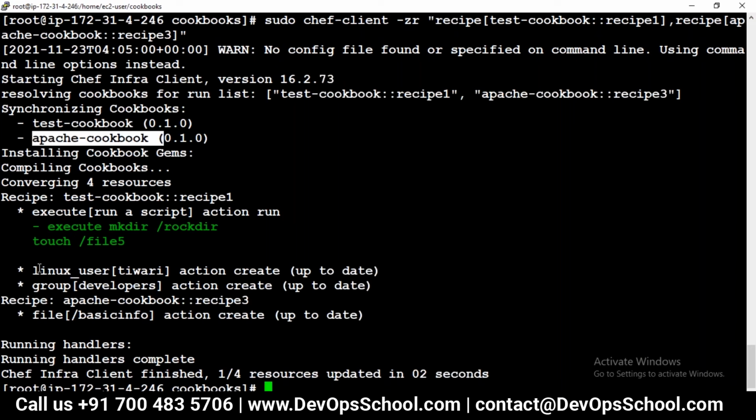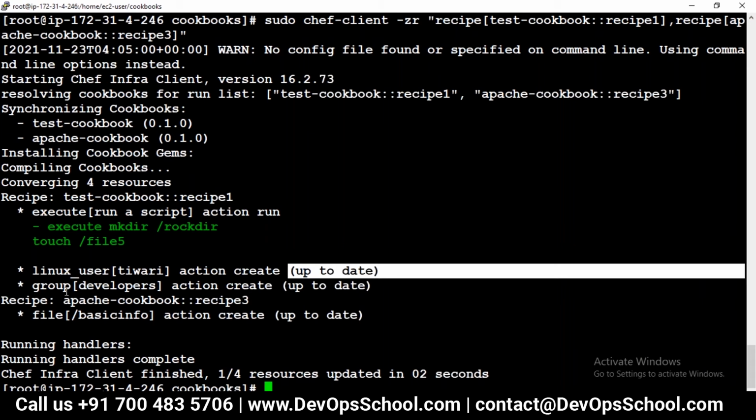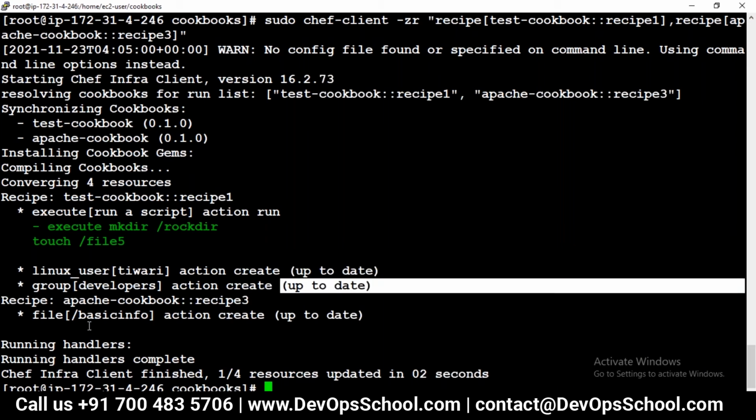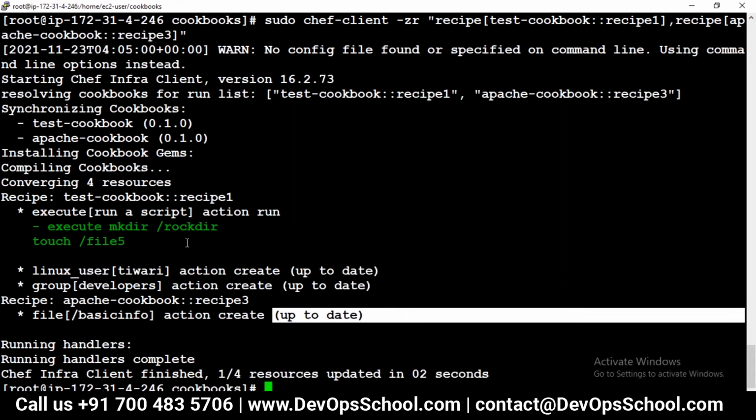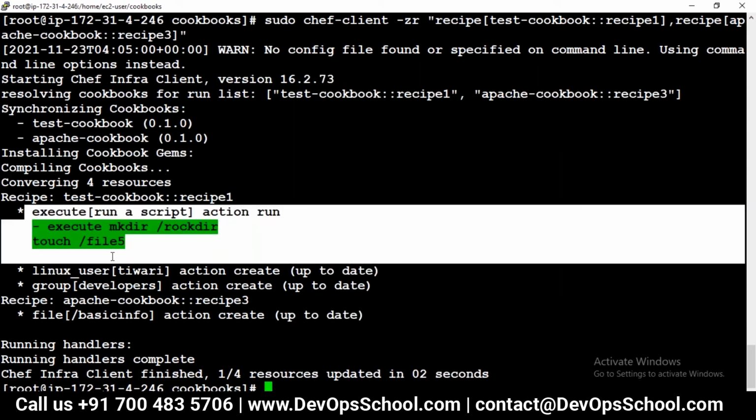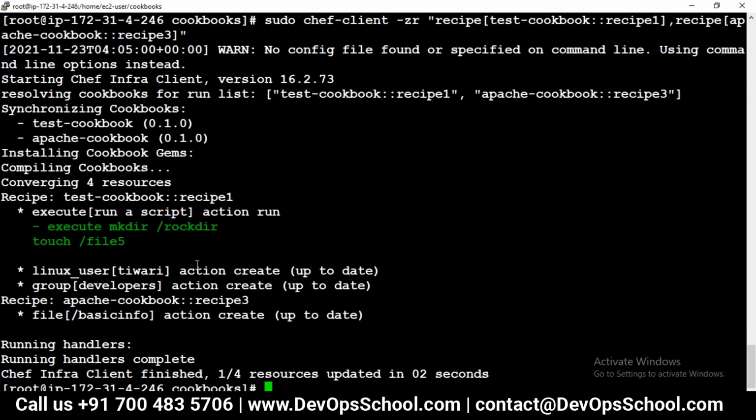Linux user Tiwari, but up to date. What is it showing? Up to date. Group already created, up to date. File action created, up to date. It means only one make directory and one file were made, because this is a Linux command. That's why it is repeating. Otherwise, all the actions are done by running a single command.